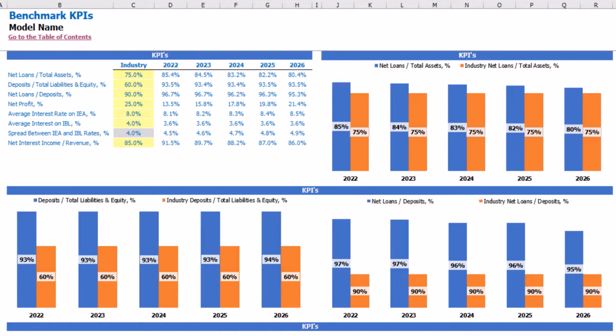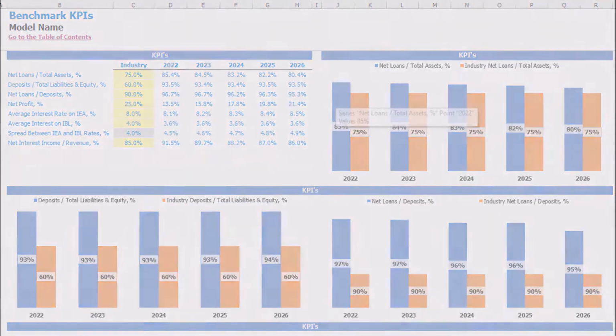The same amounts you may see on the charts. As orange you may see the industry benchmark, and as a blue values